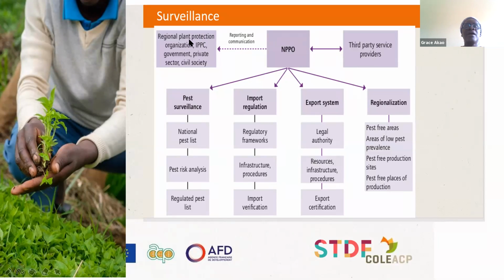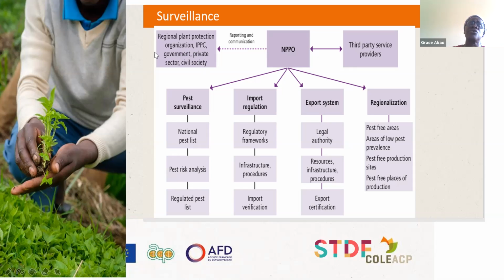You have other important organizations you are engaging with. You engage with the Regional Plant Protection Organization. Our RPPO is the one I mentioned under the African Union, AU IPSAC in Yaoundé, Cameroon. You also engage with the IPPC. You engage with other entities